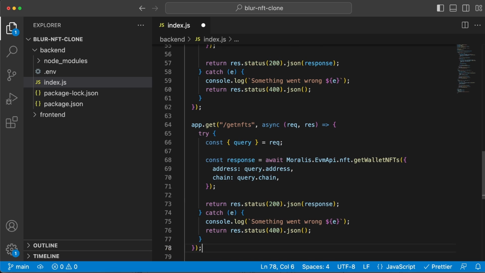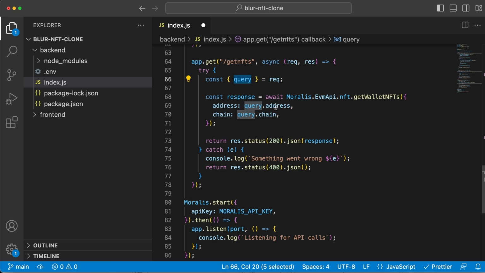And the last endpoint is on /get NFTs. Once again, we pass along one parameter right here, and this is the address that is connected. So what this get wallet NFTs endpoint returns from Moralis is the NFTs that this specific wallet currently holds. And we do this because we want to display in the portfolio page